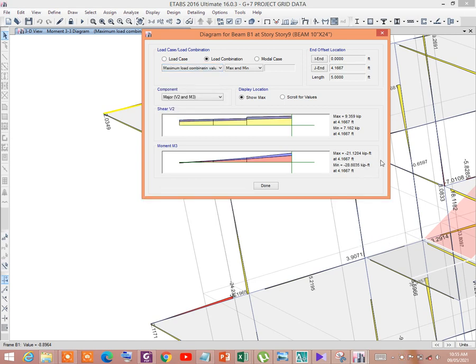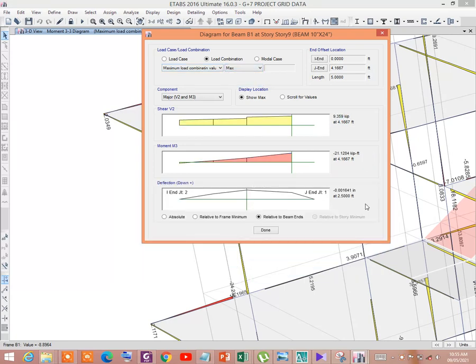You see automatically minus 28 and minus 21 is being shown by the envelope load combination.